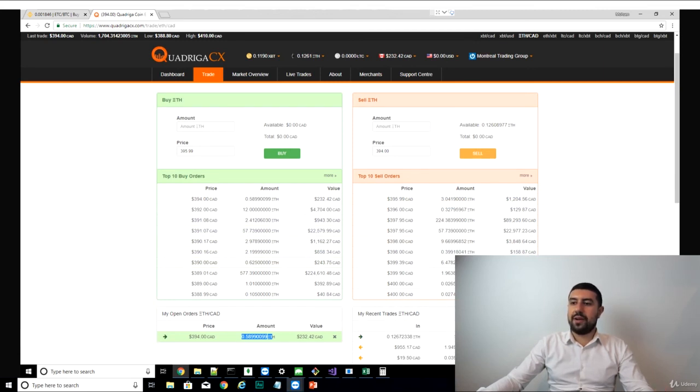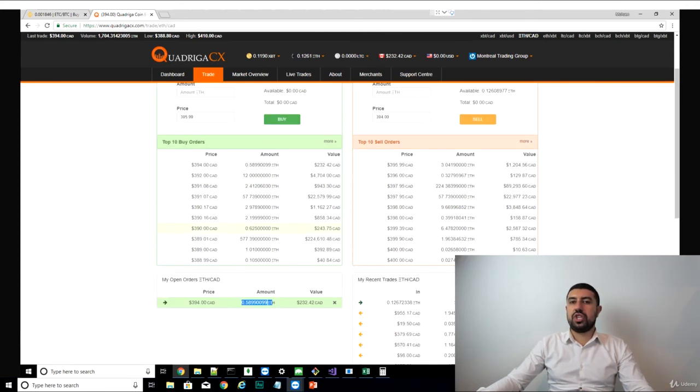I don't want to just buy aggressively, especially that there are fees in trading. So Quadrigacx, for example, charges a fee every time you trade of 0.5%, which is huge. And gateway exchanges are going to have huge fees like that. Other exchanges are going to have lower fees, and we'll get into that later on. But yeah, so you see here